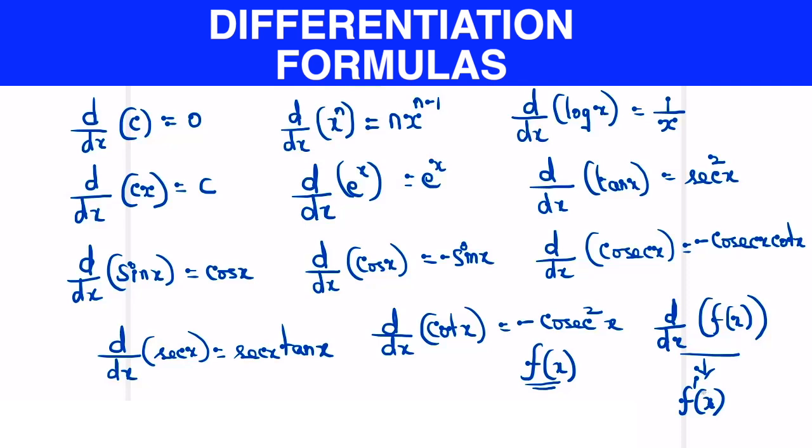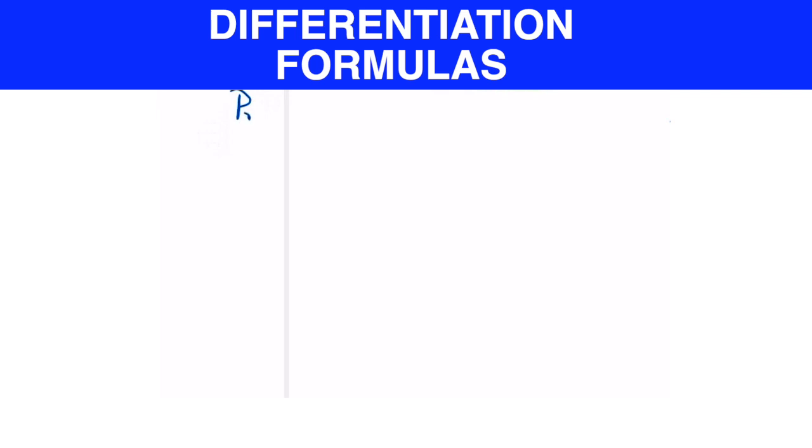The last part of this video is about using some basic rules to do differentiations that are slightly more complex than what we have here. So the first rule is called the product rule. The product rule is also simply referred to as the UV method. Both mean the same. So it is the product rule, but very commonly or colloquially referred to as the UV method. So what is the UV method? When two functions are in the form of a product, here u is equivalent to f of x and v is equivalent to, say, another function g of x.